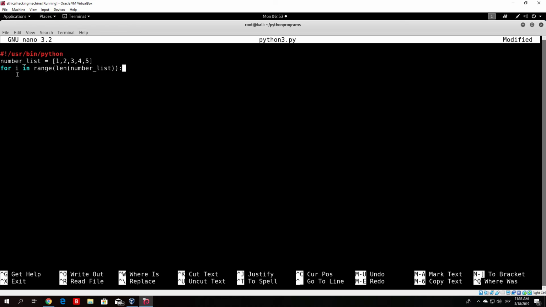So this basically says for some variable i in range of the length of number_list, we want to perform number_list[i] += 1. Now I will explain what this does in future lectures. For now, just trust me that this will actually increase the numbers in our number list by 1. And if we print number_list at the end